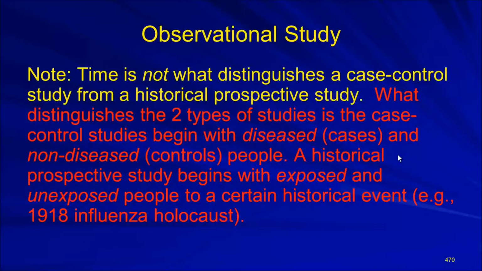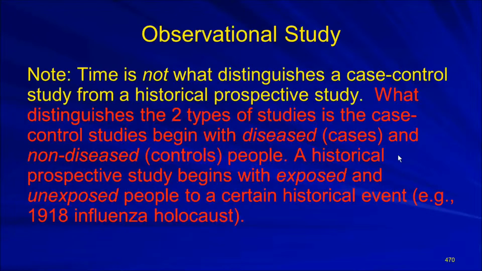A case control study begins with diseased, or cases, and non-diseased, or controls. A historical prospective study begins with what? They've been exposed to a disastrous event, and we have unexposed people that weren't exposed to this disastrous event,